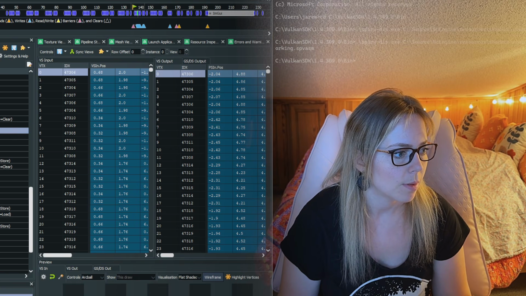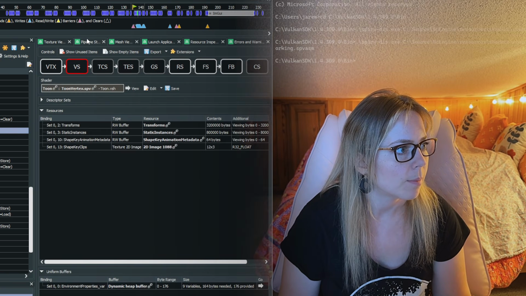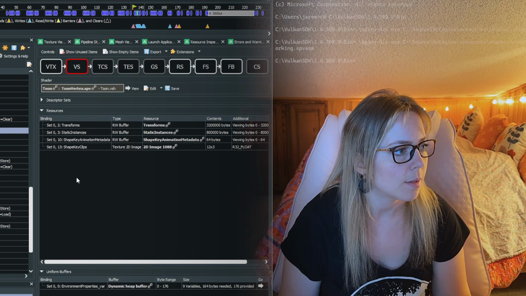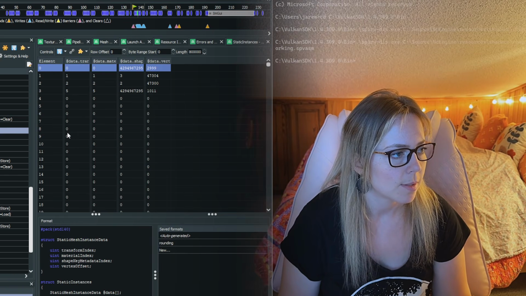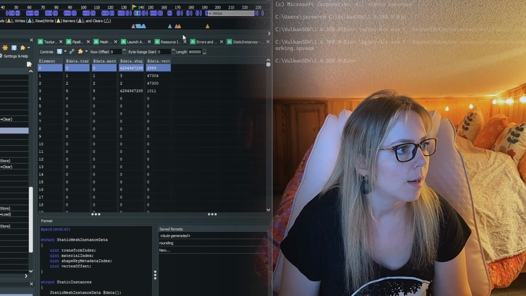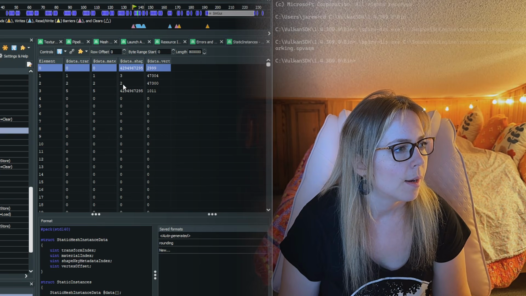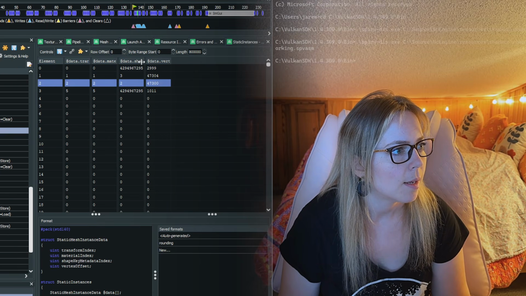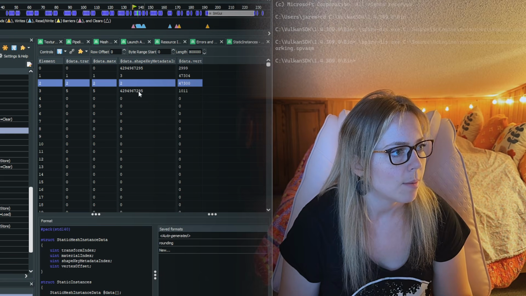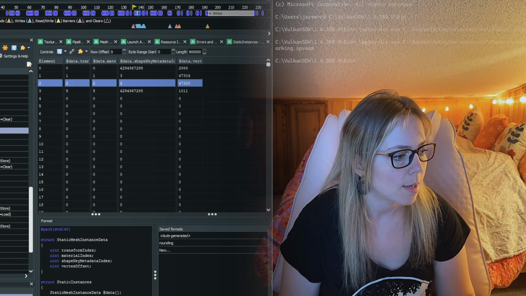But if you see here, we can go to pipeline state and look at all of the data on the GPU that I was talking about. So this is a static mesh. So this is the static mesh instance buffer. And ours is, I think it's this guy. And you can see the shape key metadata index that has been set in